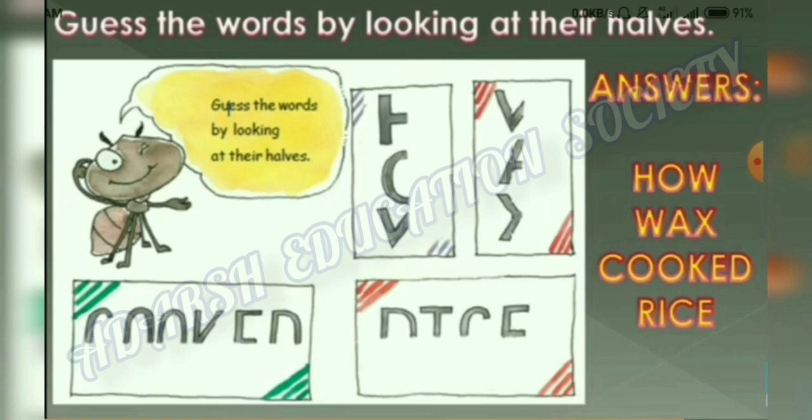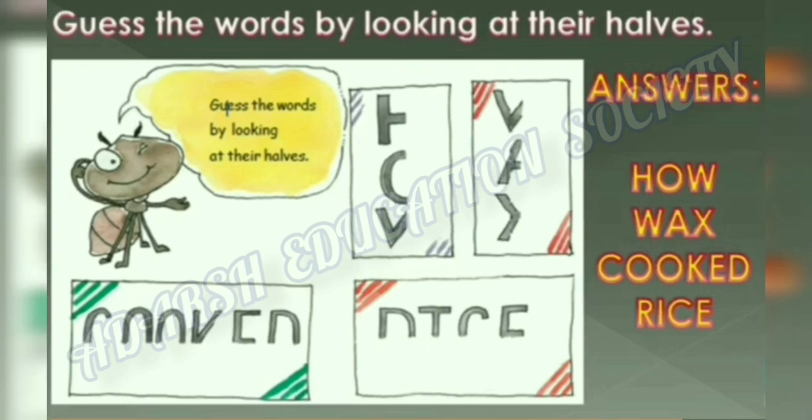First we saw the different types of views. Second, dots and patterns. Third one, mirror halves. And fourth one, dividing the object. Here our chapter is over. I hope you all understood all the things and topics which we learned in this chapter.